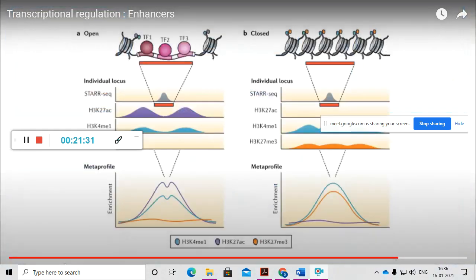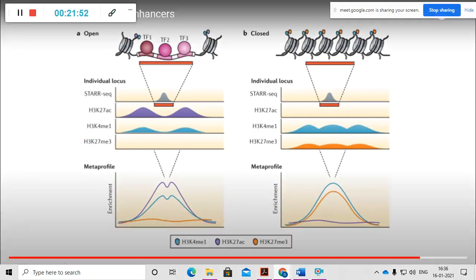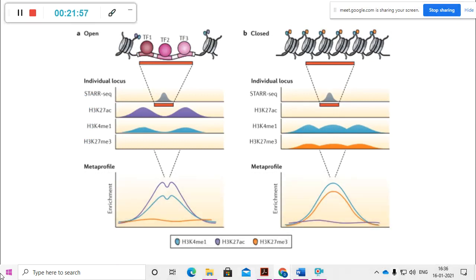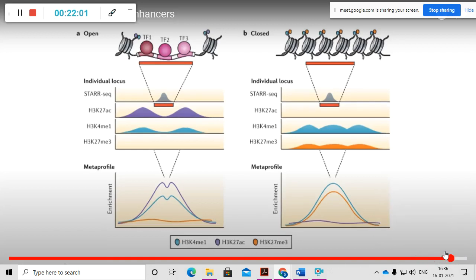Now, how do we understand that one enhancer is active and one enhancer is inactive, or in a closed state? In an open state, there are specific marks on the enhancer that tell us it's in an open state, which is very different from the marks present in a closed state. So if you look at the different histone modifications in a chromatin region which is a putative enhancer, then we can understand, okay, the enhancer is there. In my other videos, I would be talking about